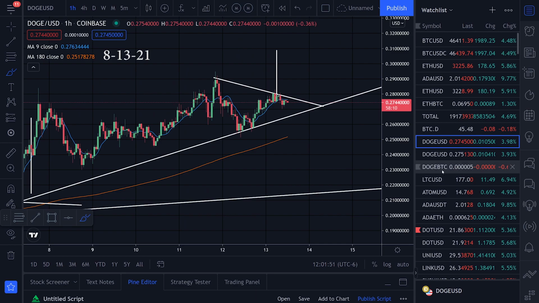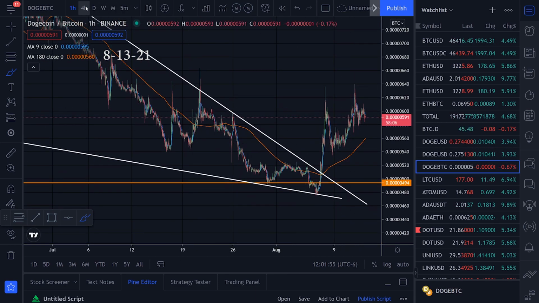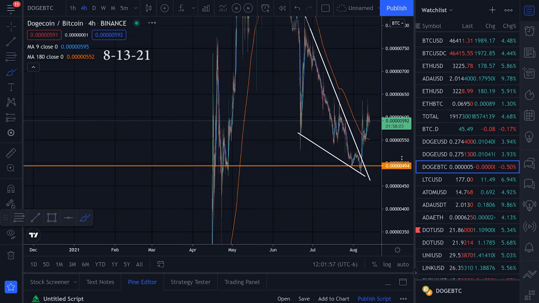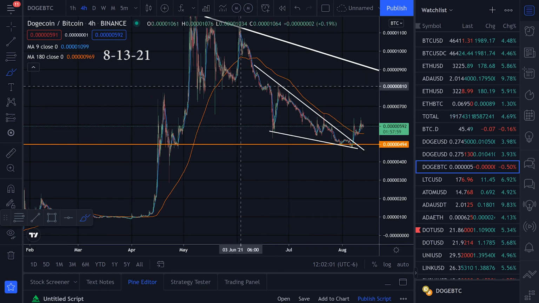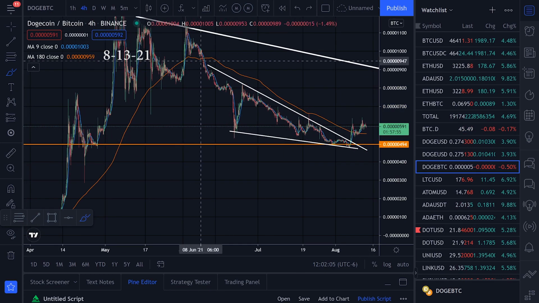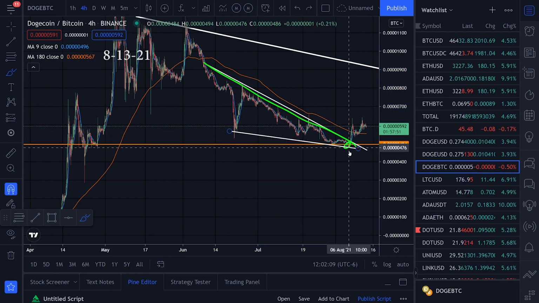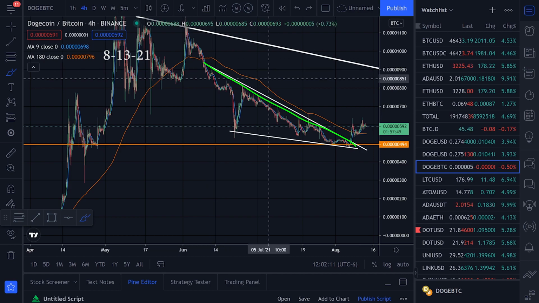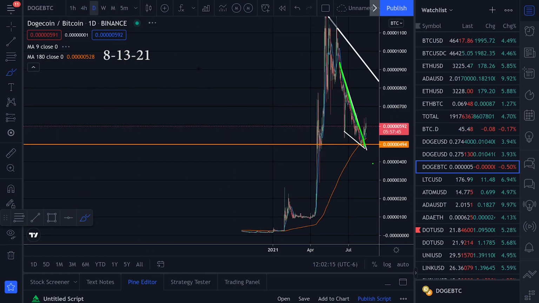And then let's go to DOGE to Bitcoin as well. This actually looks pretty decent for Dogecoin. I had been talking about this big downtrend for a long time, and we finally broke this trend line right here. I said when we break this, maybe we can get bullish. And then if we can break this 180 moving average on the 4-hour time frame,